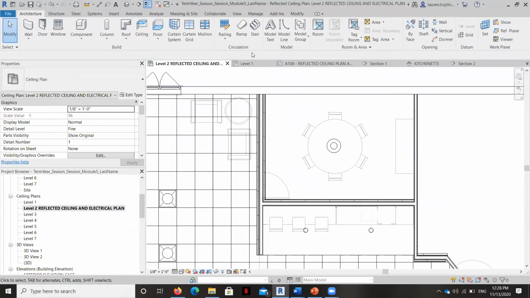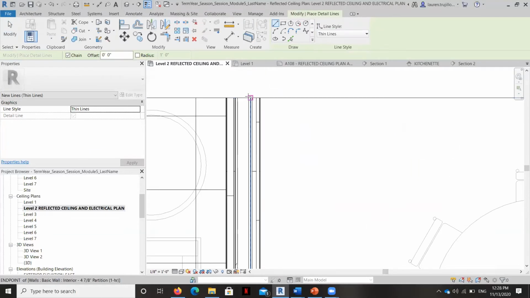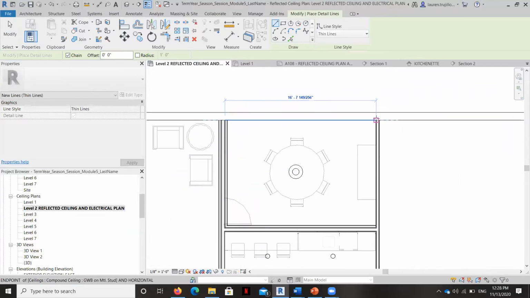And again, you could create a series of guidelines or grid lines to make sure that this is placed correctly. So you can just grab a detail line, and then there may be a quicker or easier way to do this, but this is how I do it.